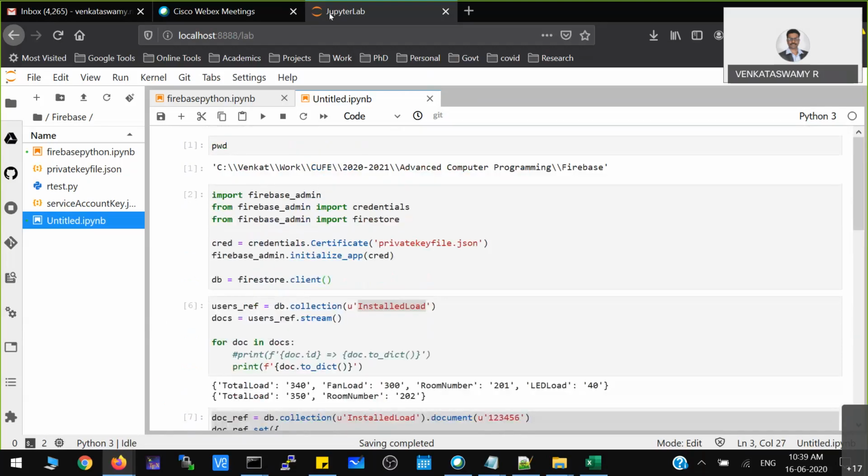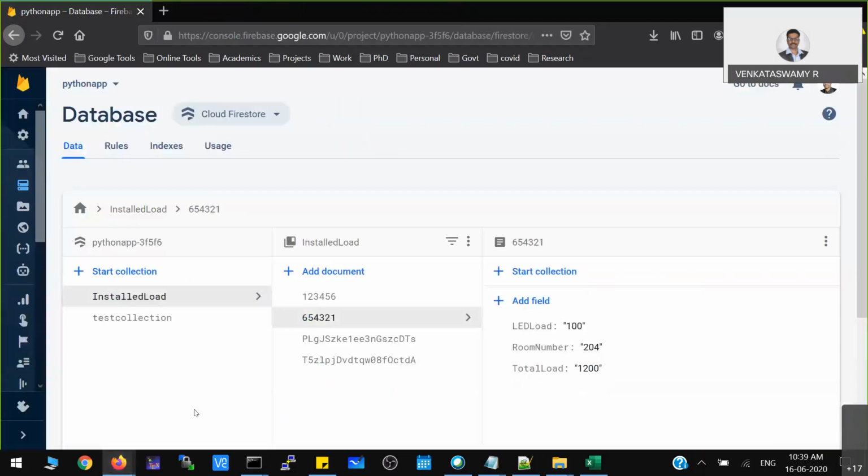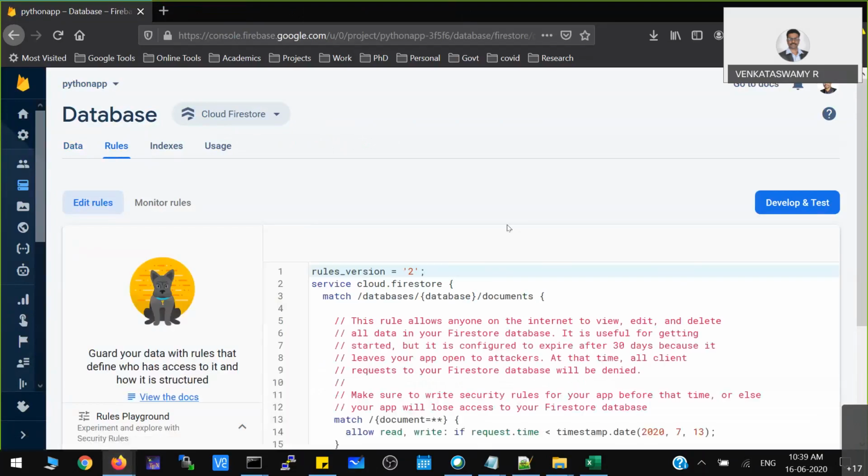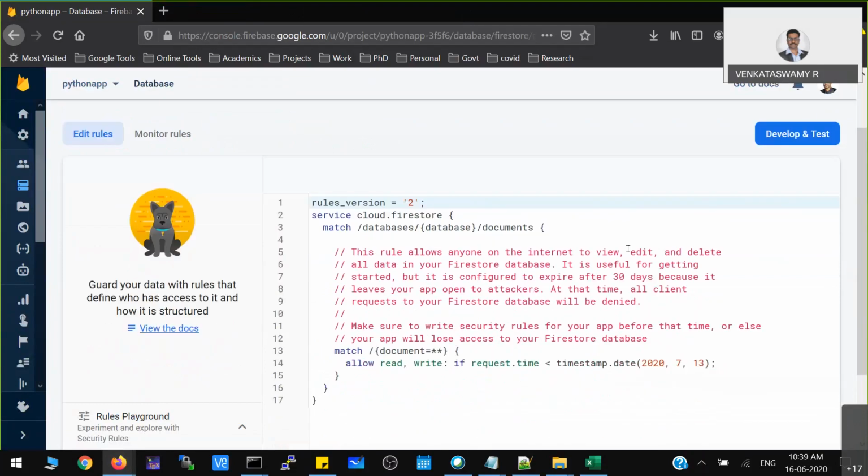The last thing I'll tell you is very important. If you are getting errors that you are unable to retrieve information or something like that, make sure that under the database menu, under the rules, you provide read and write access.